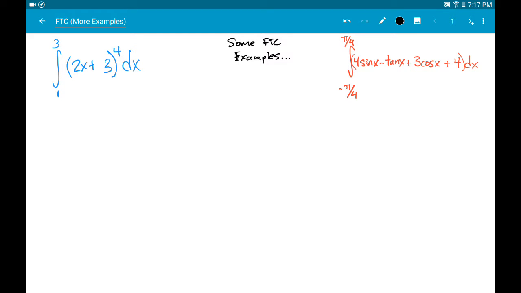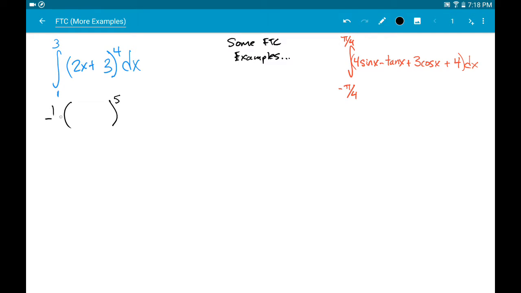Alright, we're here to do some quick fundamental theorem of calculus in action examples. Okay, we'll start with the blue one on the left. We've got the definite integral from 1 to 3 of (2x + 3)^4. So the antiderivative is not too tough at this point. We're going to apply the power rule